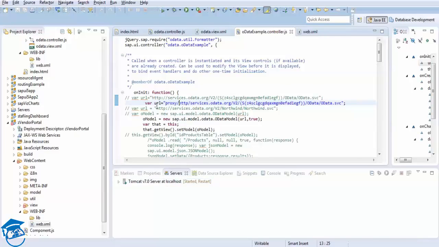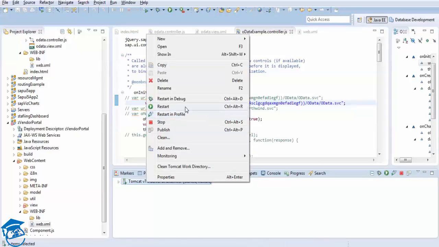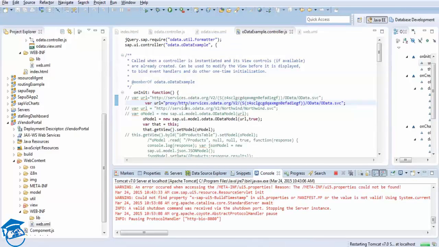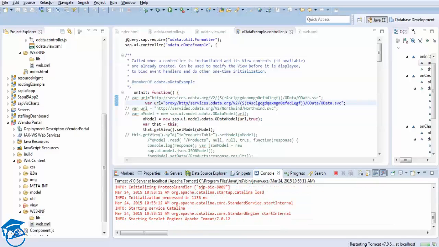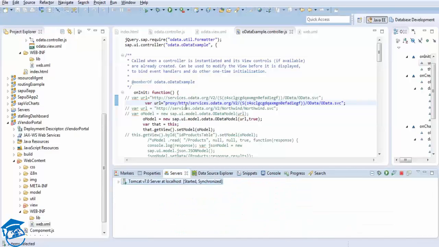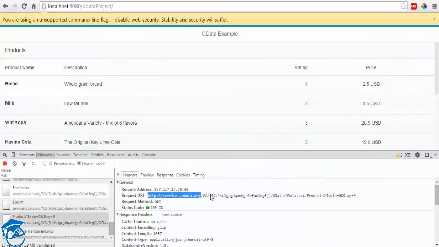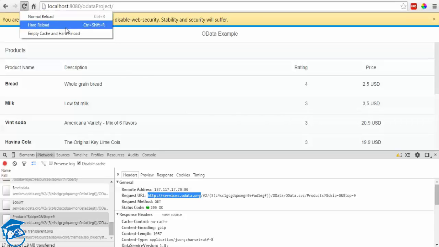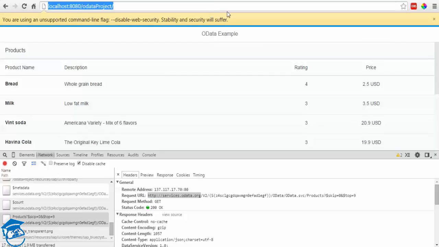What I have done here is URL proxy HTTP and so on. So it will ask for restart. You have to restart. Once you restart, it will say that it's synced. So once it is synchronized, you can go to your code and then refresh it. You don't have to refresh it now